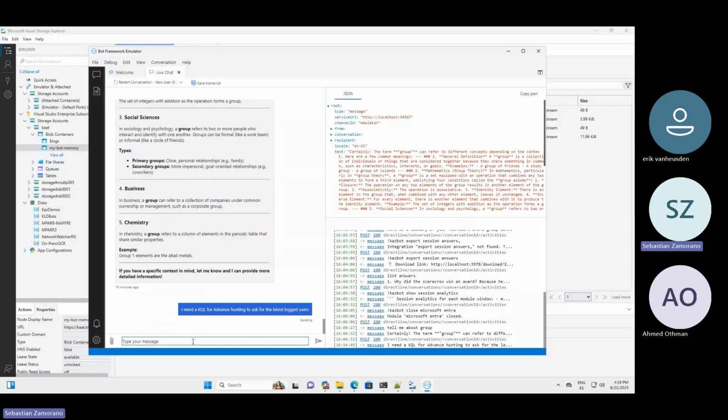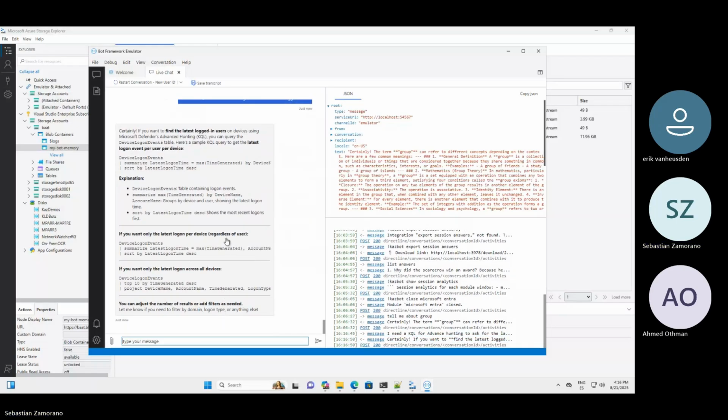With this, I am able to request to the bot, using an LLM, to create the query that I need, and having a model connected to Defender, I am able to run these kinds of queries directly on Defender using my Teams